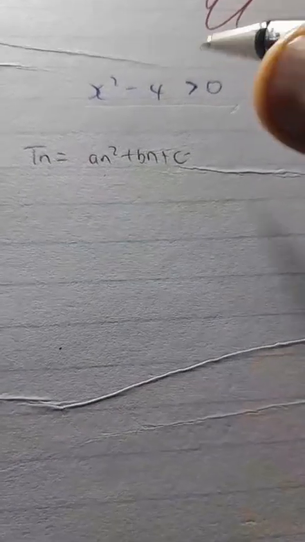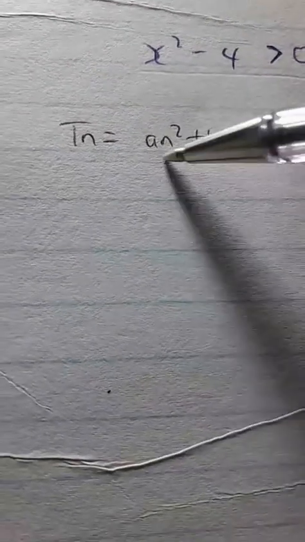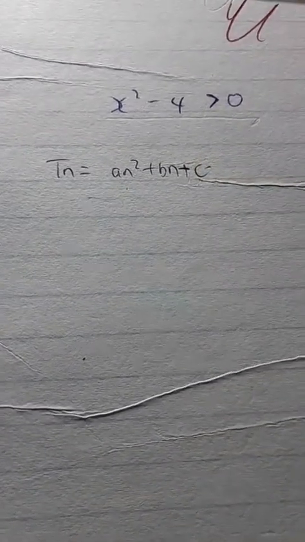About the minimum and the maximum. All right, let me just do that quickly, so that at least there is some sort of understanding. So let me just say Tn is equal to, now you guys know that an squared plus bn plus c, this here is what we refer to as the general quadratic number pattern. It's the general term. We usually find a, b, and c so that we can find the specific general term of a specific pattern. But this is quadratic in nature, because we have that n squared, so it's quadratic in nature.